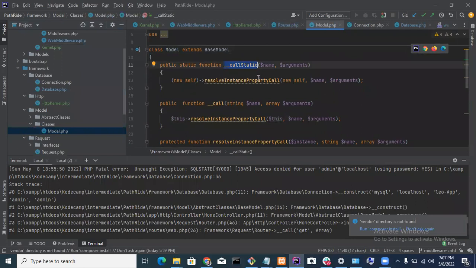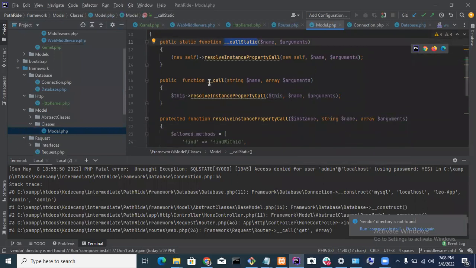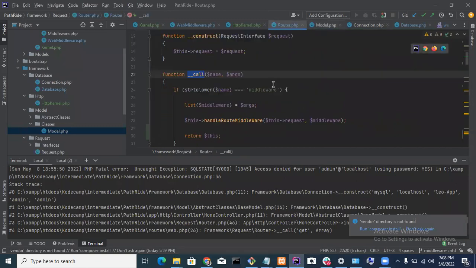Okay, we resolve instance property, use self, where we pass in the instance and then an argument. All right. Then we have the call where we add the string, and when we pass in still the same instance, we call, okay, just the same thing. Yeah, I get this part. Okay, so now for the middleware, this is just how middleware works.